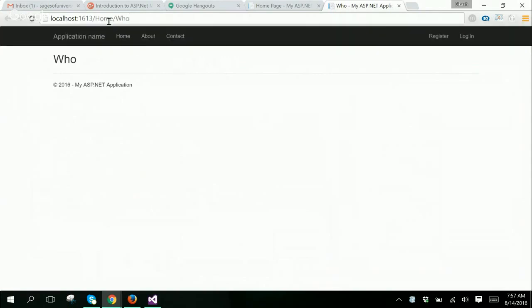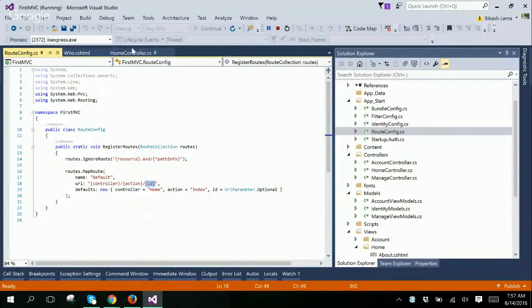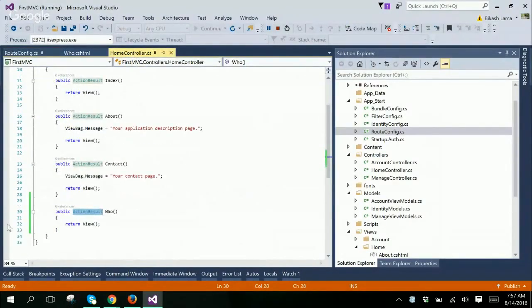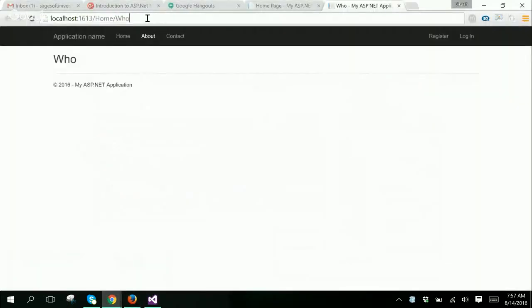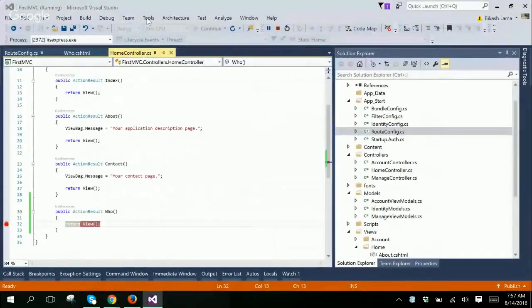So just by passing the name of the controller and the name of the action result, I can send a request to this application. So what it does is, let's put a debugger over here. You can just press F9 or just click on the left panel over here. Let me run it again. So you see, when I click on home controller and click on who action result,